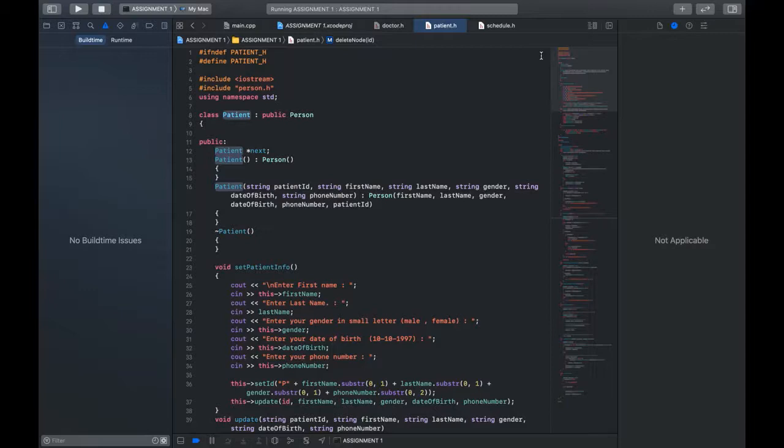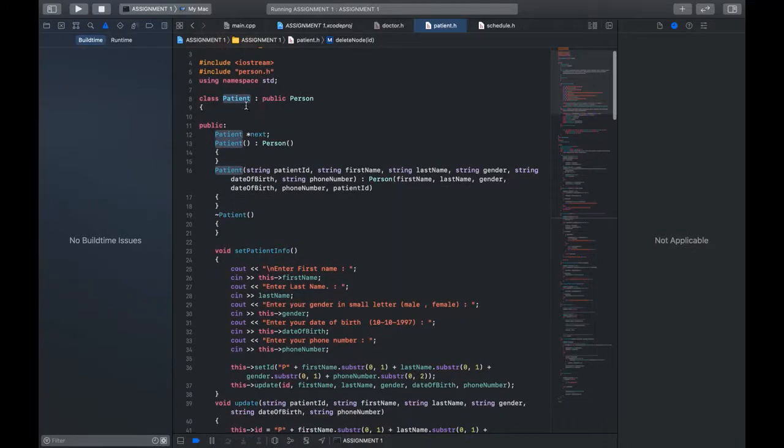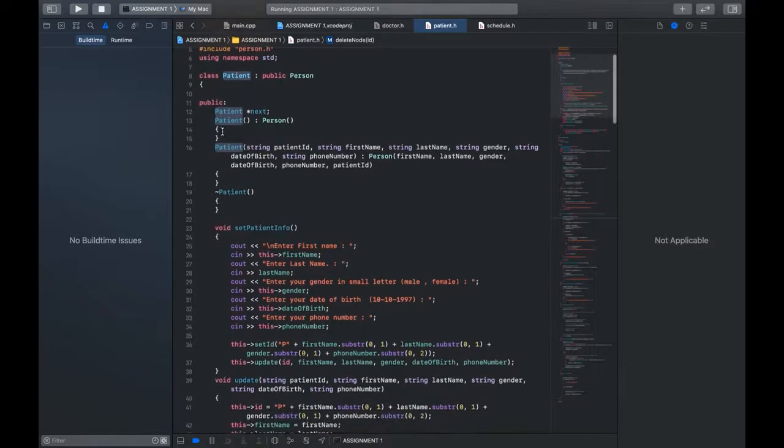Good day, my name is Eleanor Aluge and I'm going to explain the patient class in our appointment booking system. The patient class is responsible for handling patient data and the affairs of the patient group of users. First of all, we have the if not defined, define the patient header, and the patient class inherits the class person publicly. In the public class, we have the linked list implementation, and this patient constructor